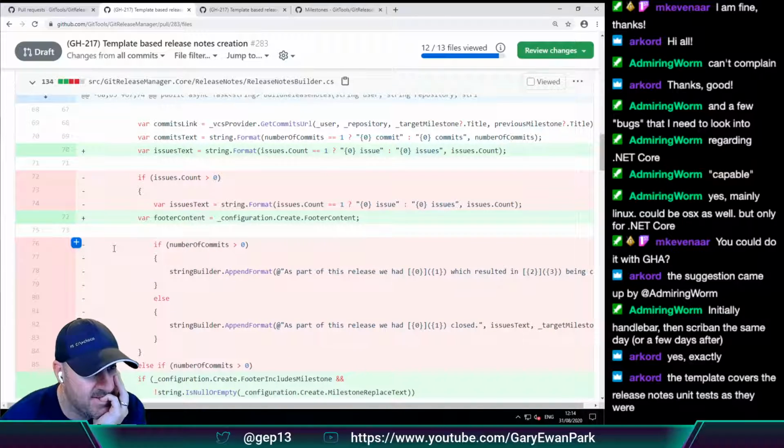And then footer content configuration dot create dot footer content.